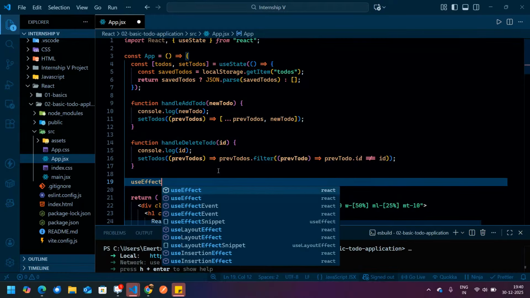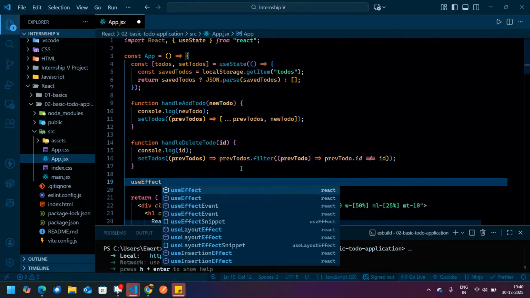Side effects are those functions which are not associated with React or JavaScript directly, but are associated with the web. In the web we have some default functions like timeout, local storage, session storage. DOM is there.